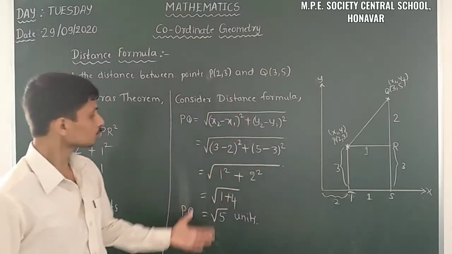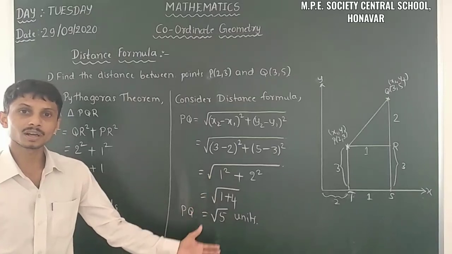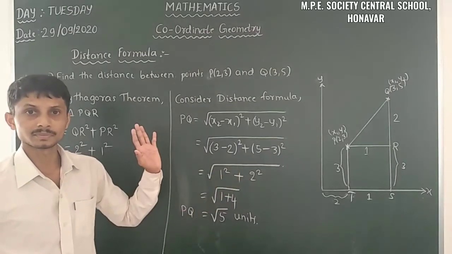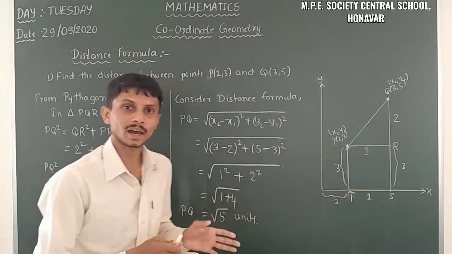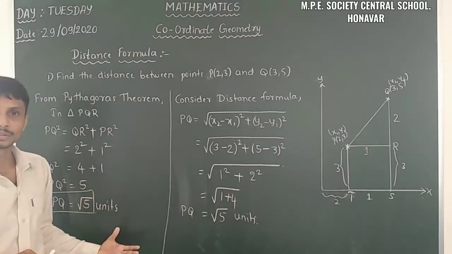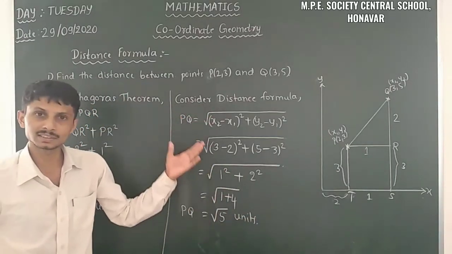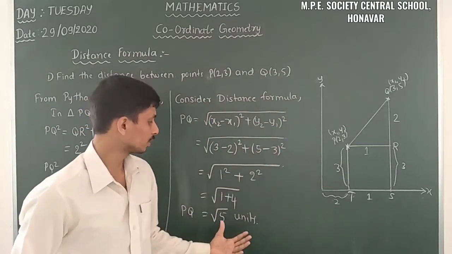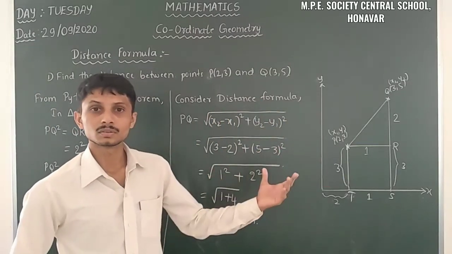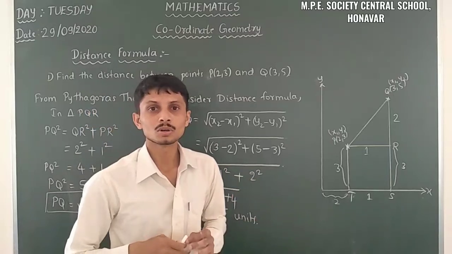So here from this observation, the distance formula we found out is right. So we can get the right values when we have the formal method. So it's the easiest method. We can insert the distance formula, and when we have the coordinates, we can easily find out the value of the distance between those two coordinate points.